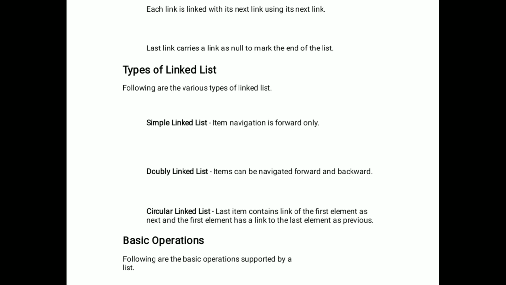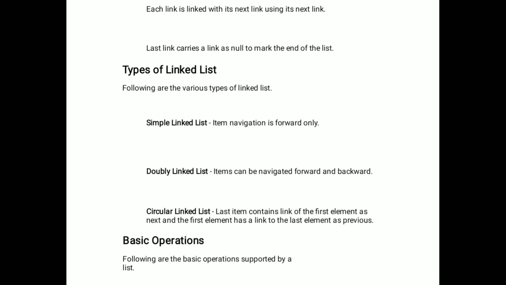Two-way communication is possible, so data can be transferred forward and backward. The disadvantage of the single linked list is that we can move only in the forward direction; backward movement is not possible. In the double linked list, we can navigate in both directions.